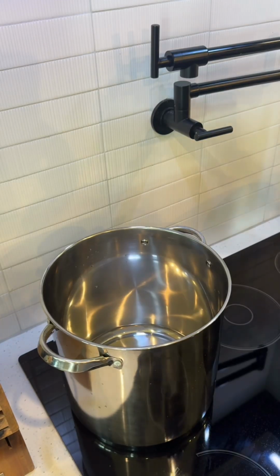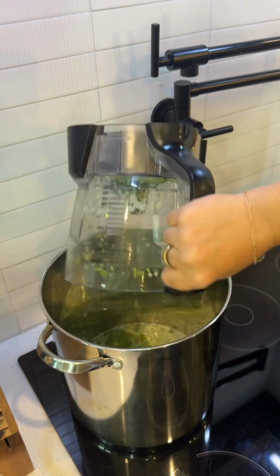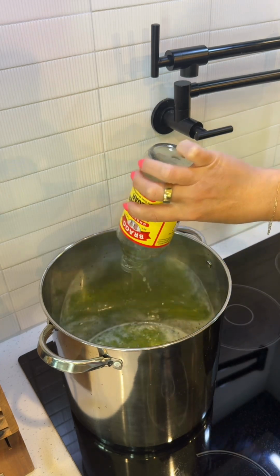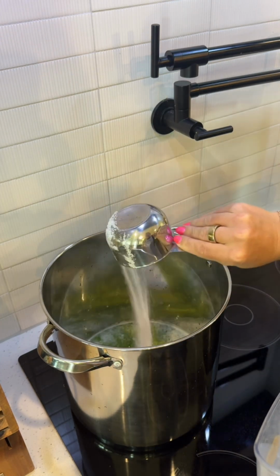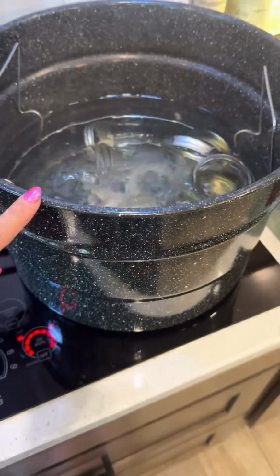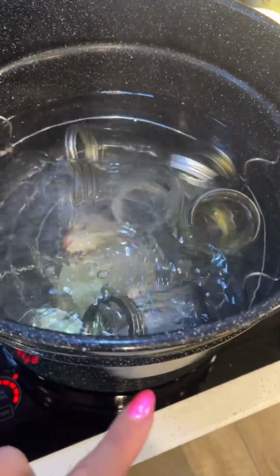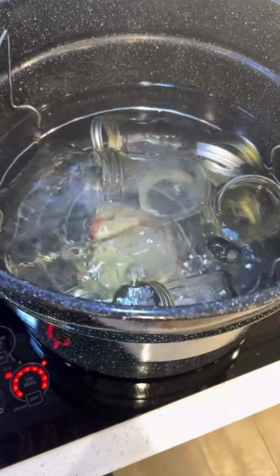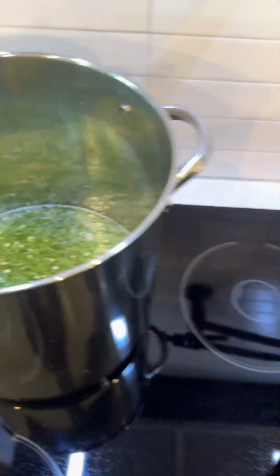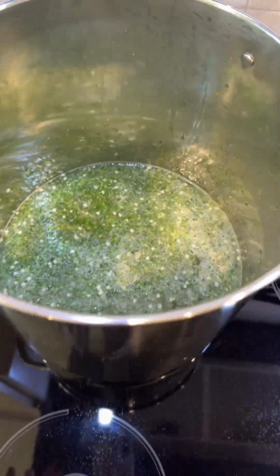Now I've got my handy canning pot on the stove. I'm going to add the jalapeno mixture, the remaining 1 cup of apple cider vinegar, and 6 cups of sugar. Before I start anything with canning, I will get my water bath canner out, add in the jars that I'm going to use along with the lids and rings so that they can start sterilizing and heating up while everything else is cooking. So our mixture here we're bringing to a boil,